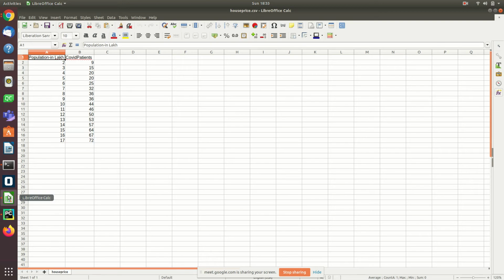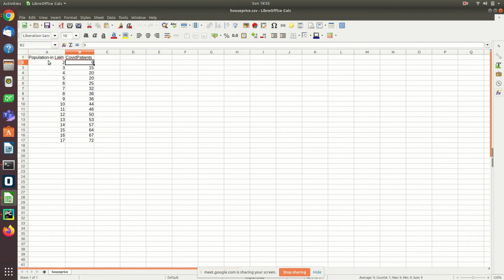First of all, assume that you got something like this. Can you see this Excel sheet? Yes, okay. Here is the population of a particular city, and here is the number of COVID patients. So this is in lakhs, of course. You can't have 9 patients in a city with two people, and I don't think there can be a city with 2 people. Okay, so it's in lakhs.